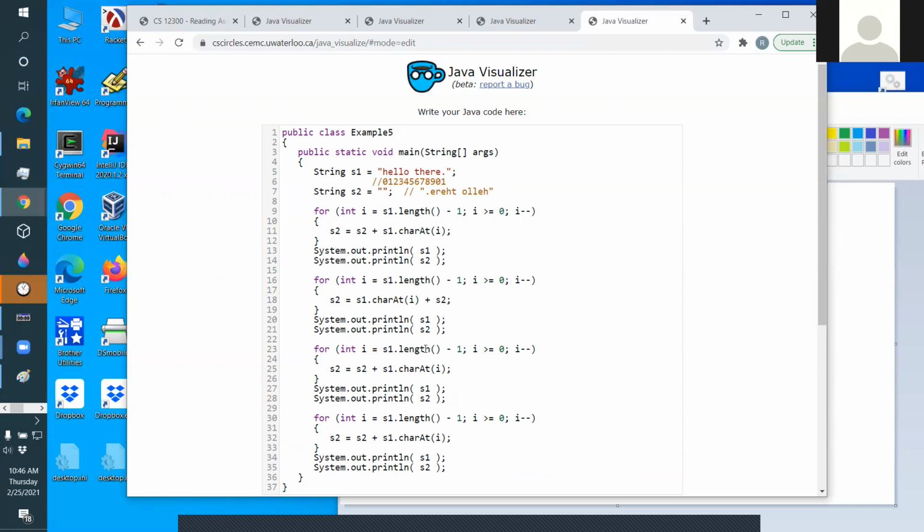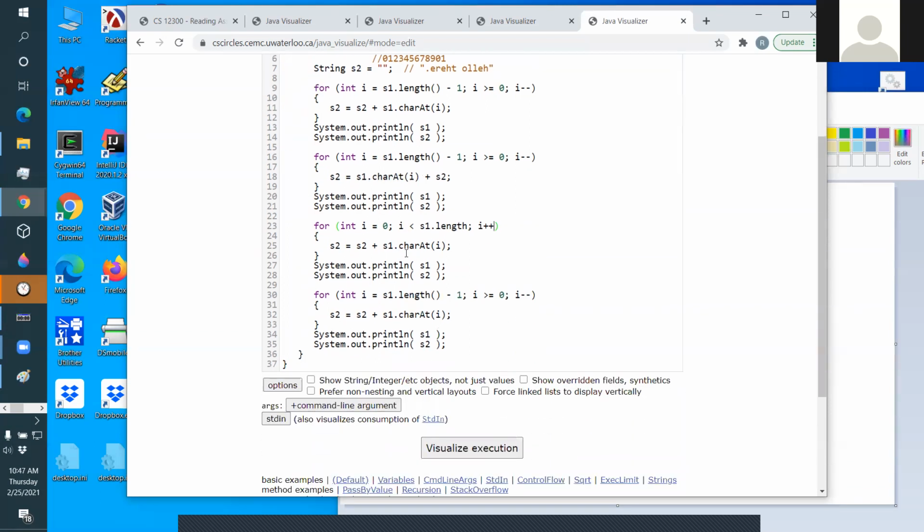In this loop, I'm going to loop across the string from left to right. So I'm going to loop from 0 up to i strictly less than S1.length, and I'm going to increase my way up through the string. And then I'm going to do the fourth one. I'm going to move up the string, but I'm going to put the S2 at the other